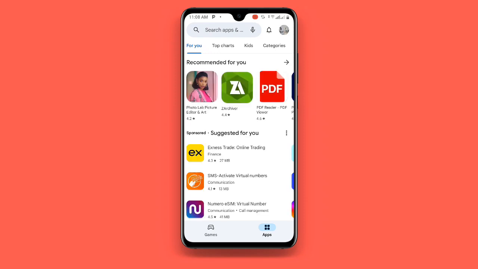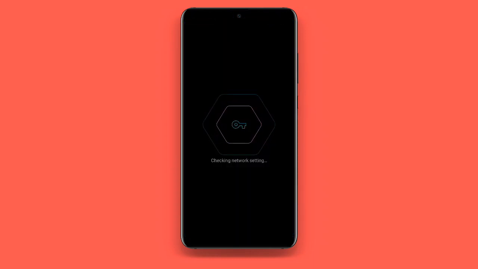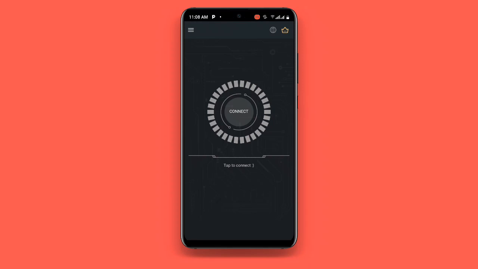Just go back and then open this Secure VPN. Now once you open this Secure VPN, you can see it is finding the best server, so you can see connecting. Just wait for it to be connected. Now click on connect and then you can see connected over here. Now once you are connected to this particular VPN,